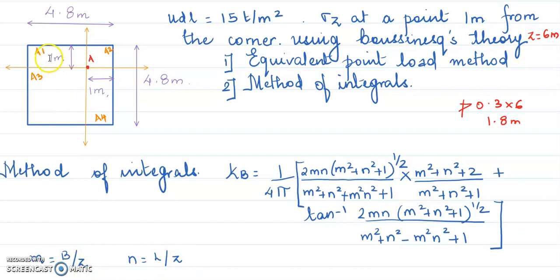So A1, what will be M and N for A1? What will be the area A1? I will just write down the values. This point A is 1 meter inside the corner, no? So 4.8 minus 1.8. So area A1 will be 3.8 by 1. If you all think I'm going a bit fast, you could pause the video in between and think whether what I've written is correct. A2 will be definitely 1 by 1. A3 will be 3.8 by 3.8, and A4 will be